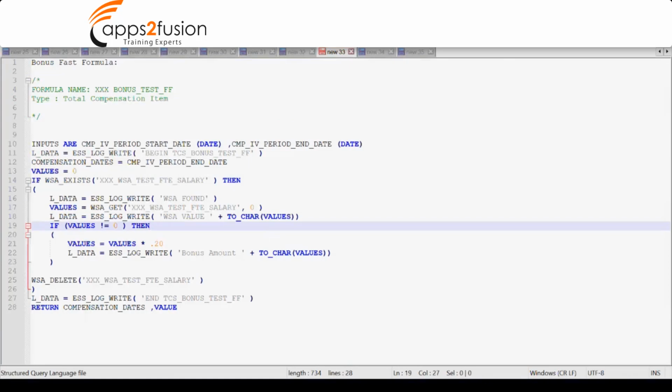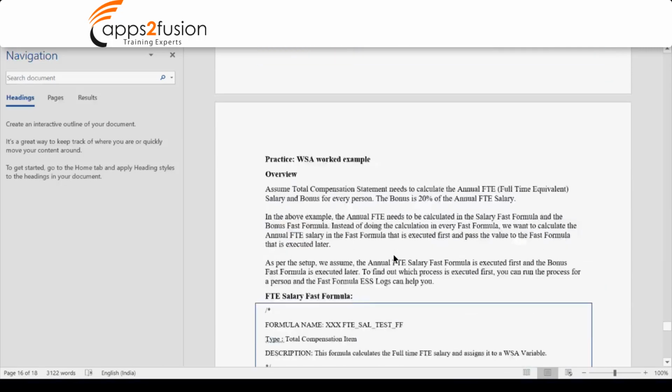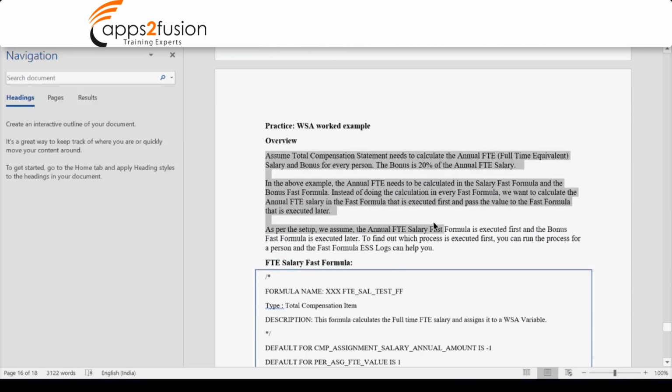This is the first formula. You can specify the same first formula here in the document, the example for first formula document also. Let's say there is a scenario, a compensation related first formula, where you want to calculate the bonus for all the associates based on the salary. You have to give 20% of bonus or salary hike based on the annual FTE. Based on the annual salary, on top of annual salary, you need to give 20% of bonus. So this is the context.